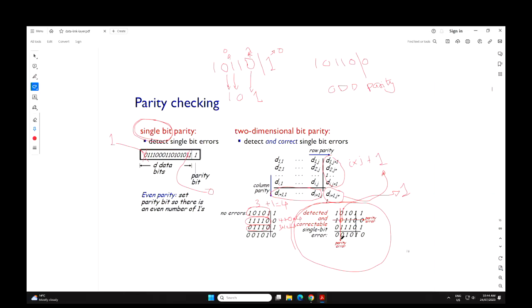And this is possible because of the two dimensions, because if another bit was in error, not this bit, then other rows and columns would be in error. So when this specific row and specific column is in error, you know which bit is in error. So just correct it, right? Is that clear? So error detection and correction. So for the first time we are talking about error detection and, this is also called, forward error correction. But this is only possible for